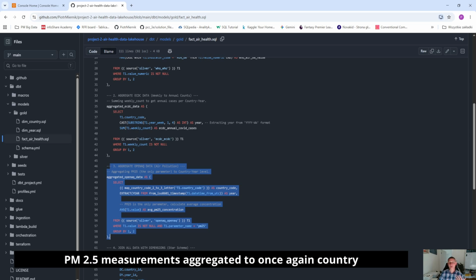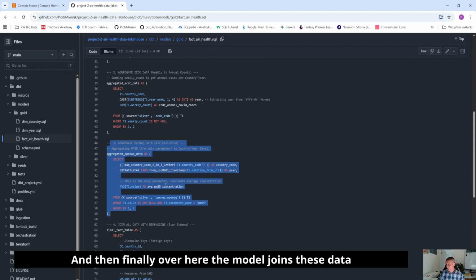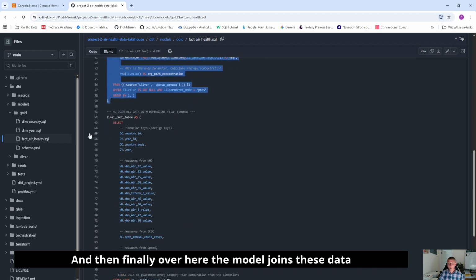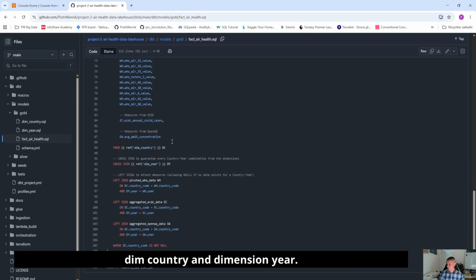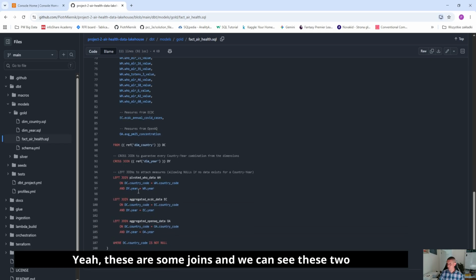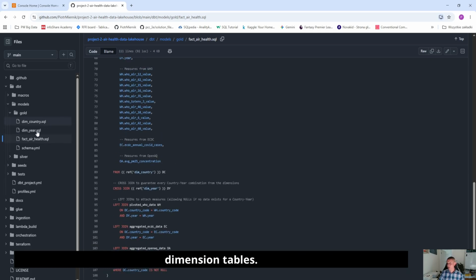PM 2.5 measurements aggregated, once again, to country-year level as average PM 2.5 concentration. And then finally, over here, the model joins these datasets with dim country and dim year. Yeah, these are some joins, and we can see these two dimension tables. So let's start with dim country,